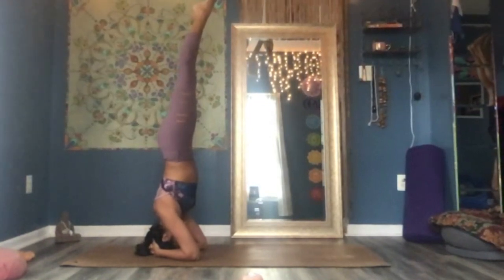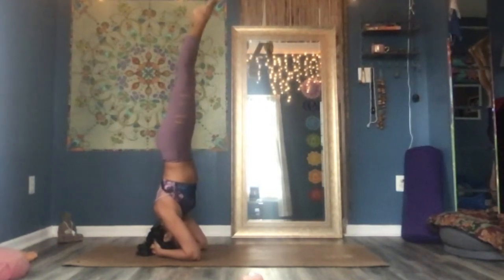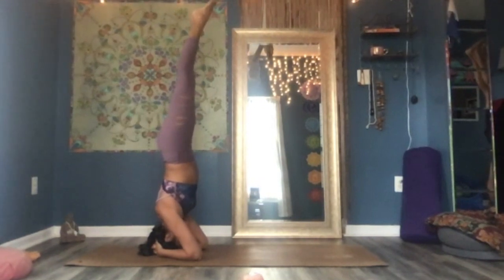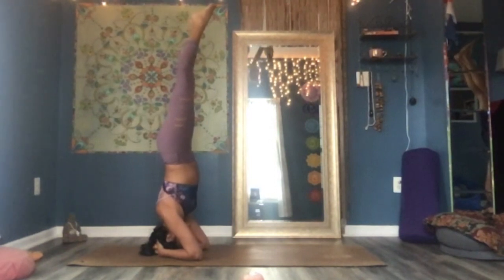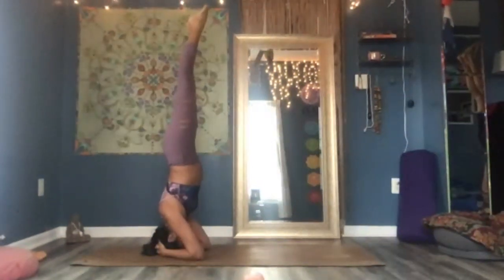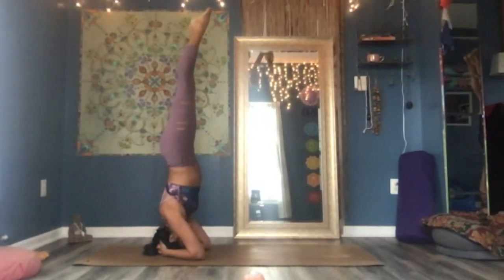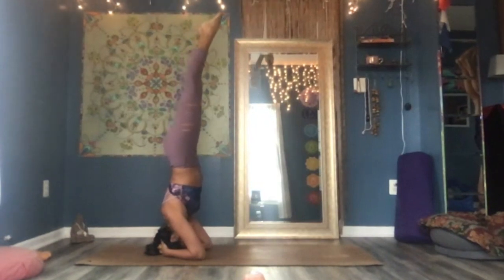3, 4, appropriate activation of the shoulders. 5, 6, point your toes, lengthen your legs, draw in through the belly. 7, 8, 9, almost there. We hold this one for 15, 10,